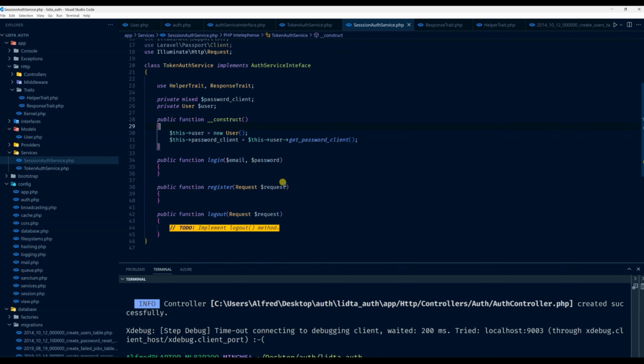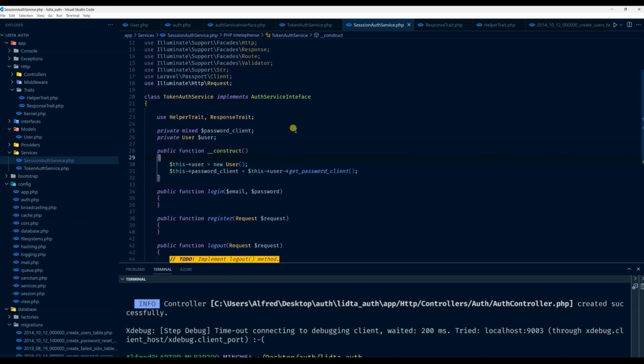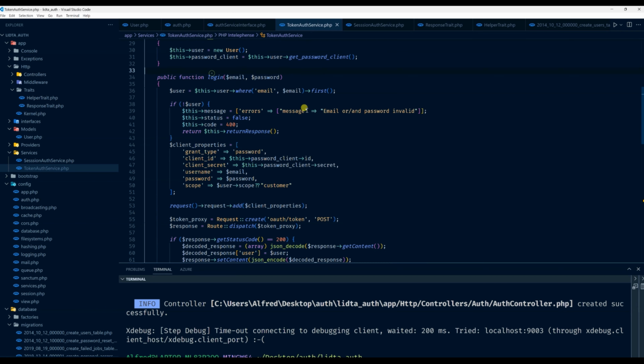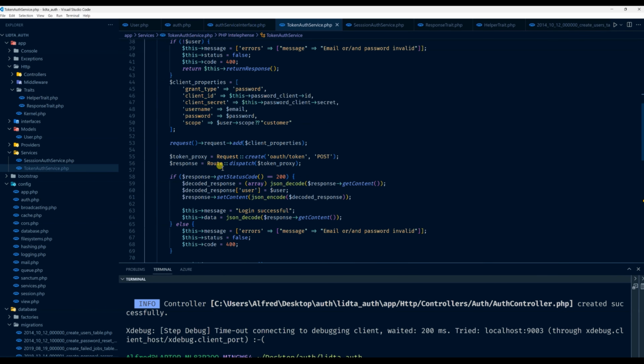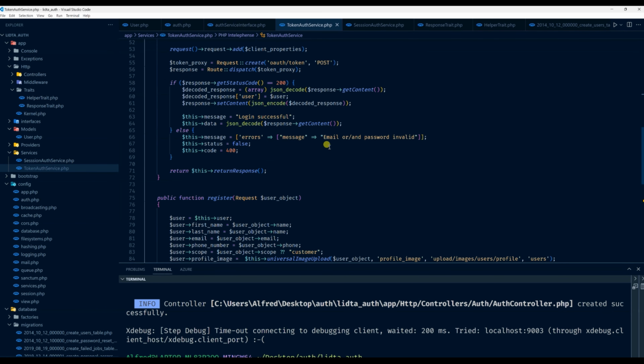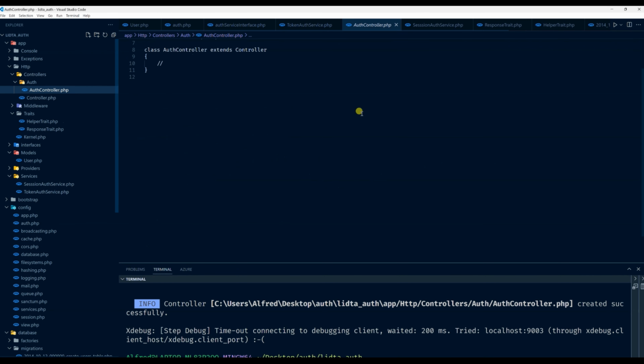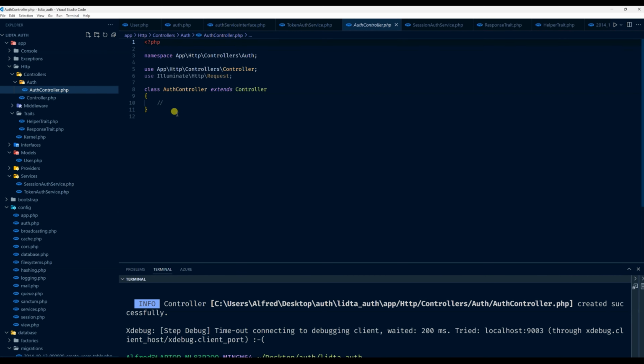All right, so after that, it means that we've created our auth service, which has the login method and the register method. What we have to do right now is go inside the controller, and we created the controller somewhere. So inside controllers here, auth, we have our controller here. So it means that we are going to still have these methods being executed from here. But how are we going to do that? The way we are going to do that,